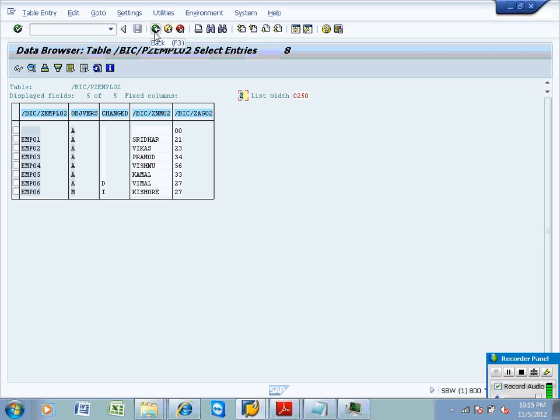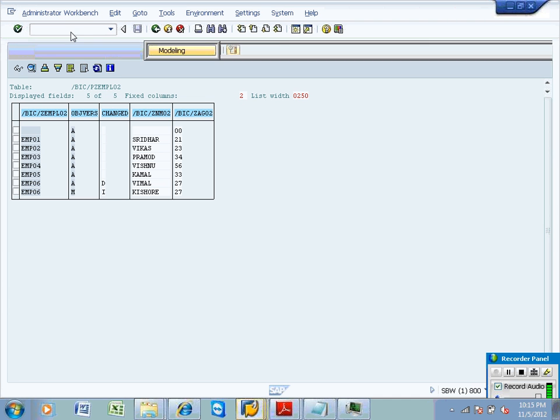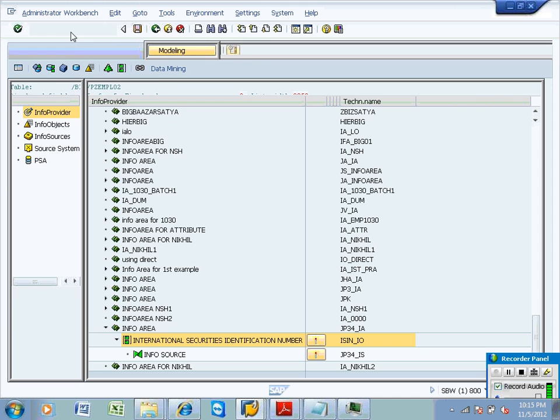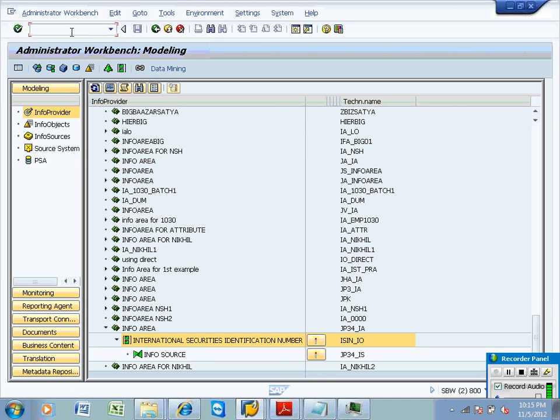Okay. Now, see, I am performing attribute change run. To perform attribute change run, run RSA1. That's the reason it becomes a mandatory step. In real time, yes, we do change the master data. We do upload for analysis purposes into the BW side. Whenever you upload, the next step would be ACR.